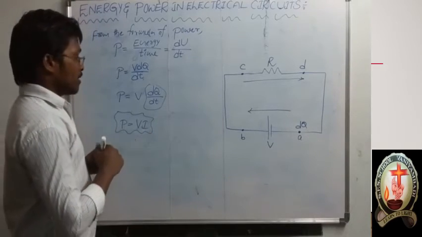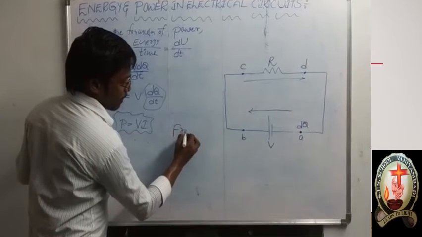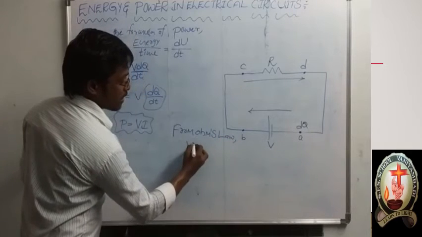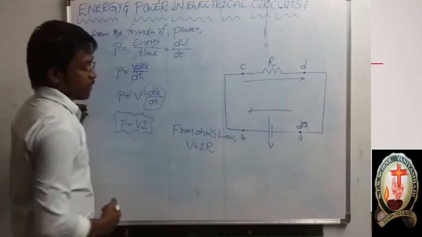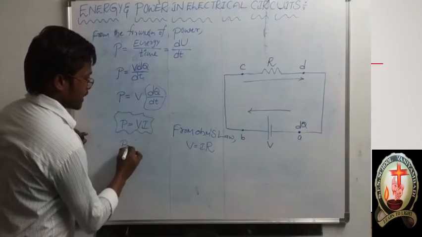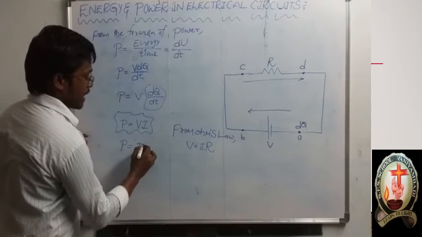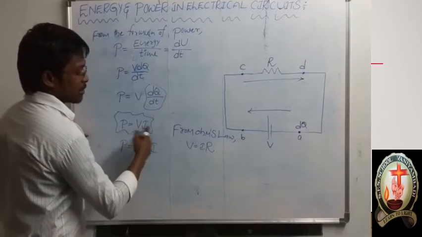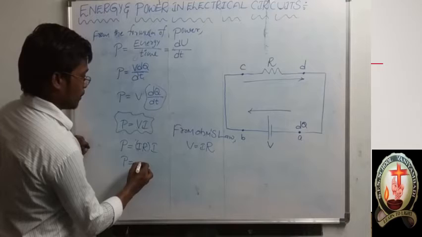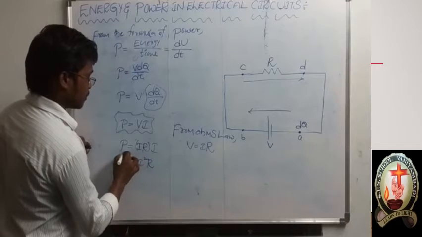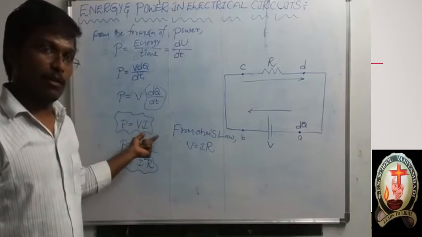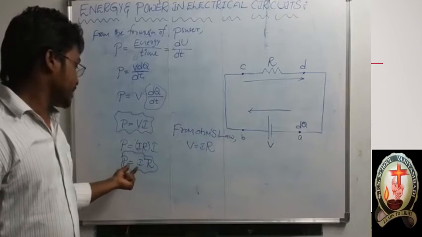Now, from Ohm's law, what is Ohm's law? V is equal to I R. Please take this V value and substitute it in our power expression. So P is equal to V value, I into R, so I into R into I. In the place of V, I substituted this value. So I into I square. So P is equal to I square R. This is also one of the expressions of the power. P is equal to VI. This is also one expression. P is equal to I square into R.